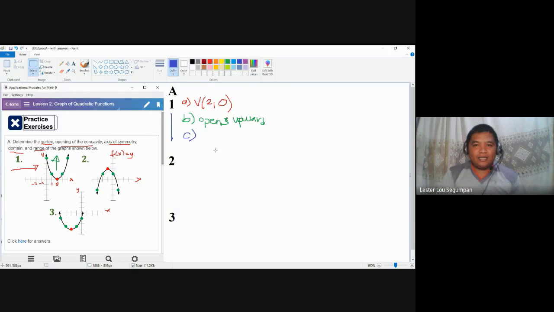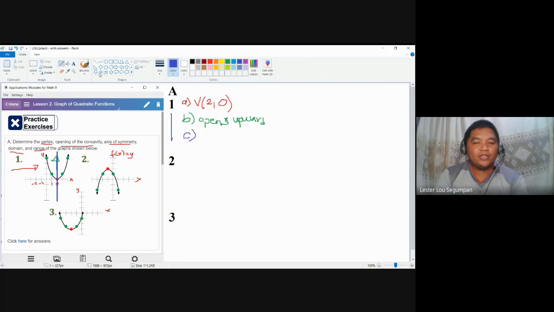It's called symmetry. The symmetric property tells us its balance. That line should be placed passing through the vertex. That's the purpose of the vertex as well. If we're going to make a line here passing through the vertex, it should be a broken line, but in this case I have made a solid line. This line here is actually the axis or the line of symmetry because it divides the parabola into two equal mirror images. And that line is actually an equation.